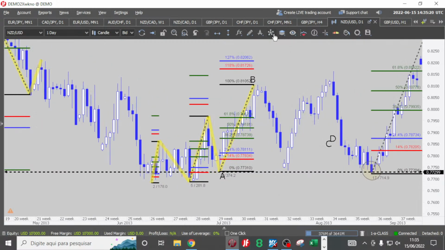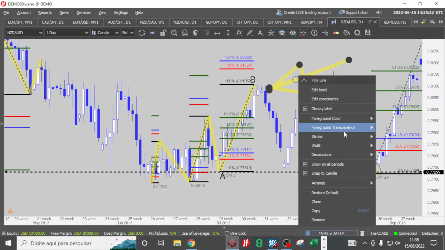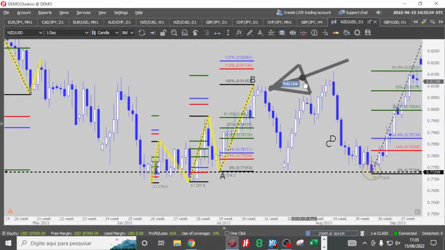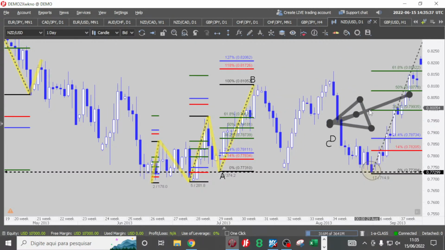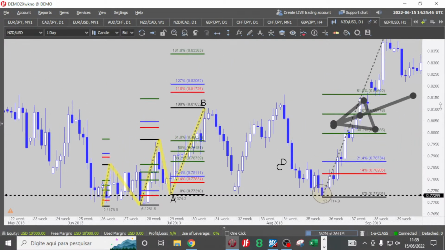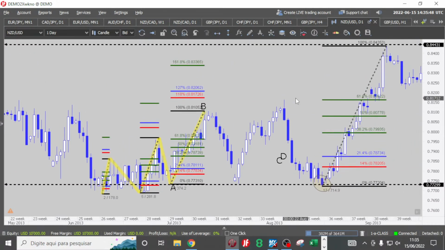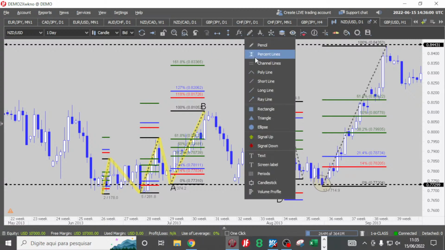So this was our last Fibonacci in here, right? Give me a second. One more time, everybody. And black color, there you go. So this is our last up Fibonacci, and the market stop us out in here, right? Okay. Now, if I zoom out the chart, if I move the chart forward, we can clearly see, step by step, that there is no point of me drawing a down Fibonacci because the market stop us out.